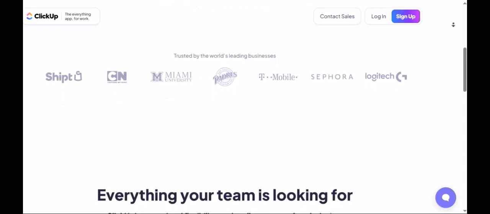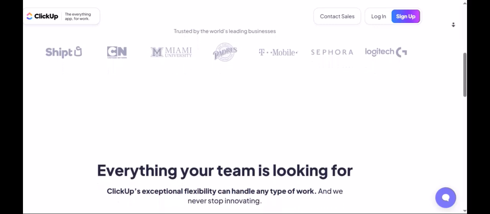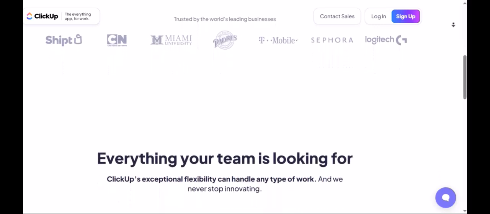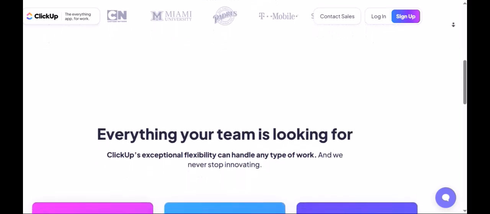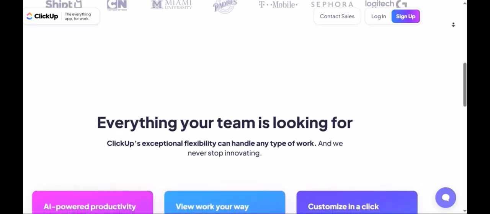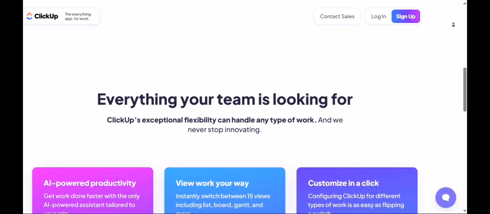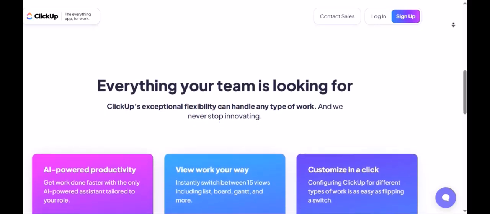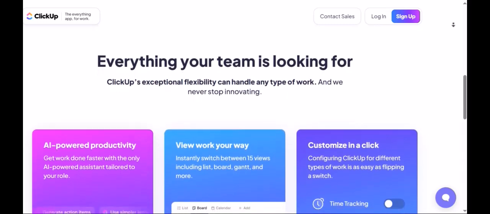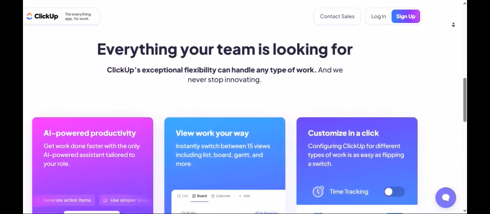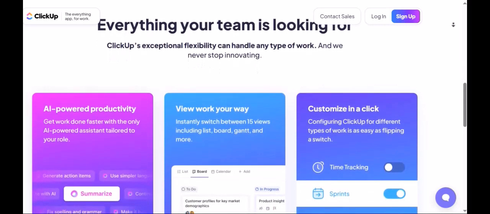Does ClickUp, a popular project management tool, also function as a CRM? The answer, in short, is that ClickUp offers significant CRM-like capabilities and features, but it is not a dedicated, full-fledged CRM system in the traditional sense. While it might not have every single bell and whistle of specialized CRM software like Salesforce or HubSpot, ClickUp provides a robust set of tools that can effectively manage customer interactions, track leads, and nurture relationships within its project management